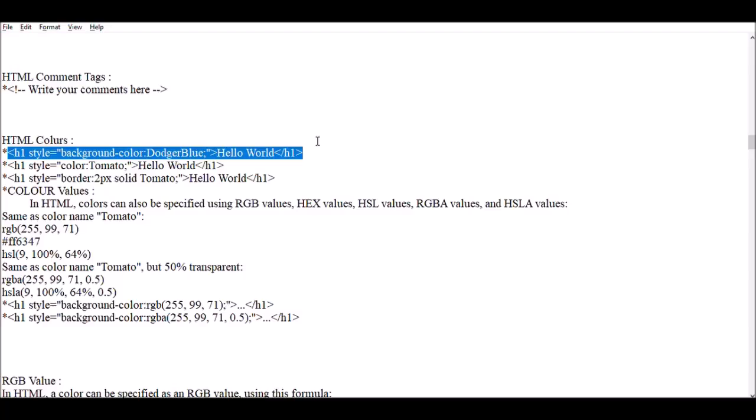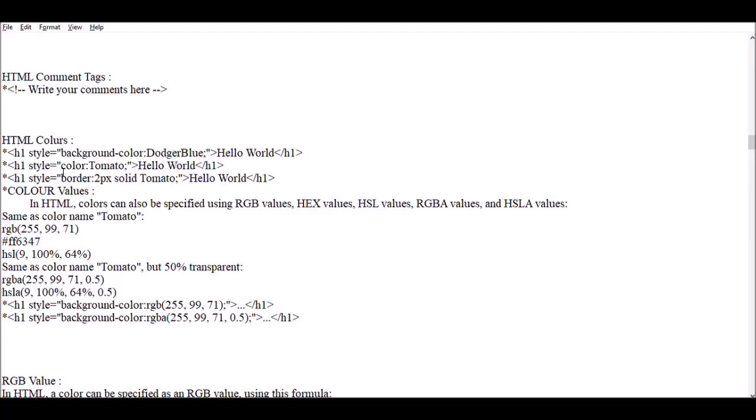On the web page there is a hello world of type h1 whose background color is dodger blue, meaning only the heading h1 has background color dodger blue. If you set the color tomato, then this is the color of the text hello world. There is a difference between background color and color. Color is of the text written here and background color is the background of this hello world.